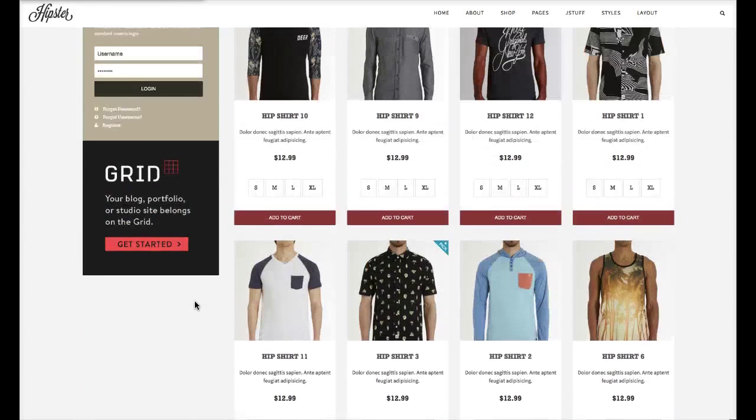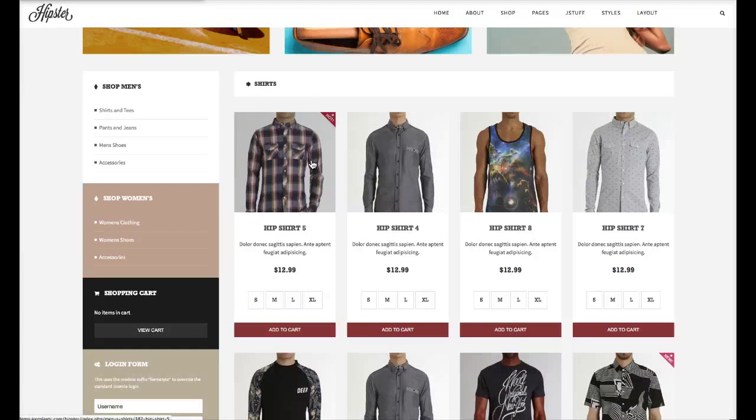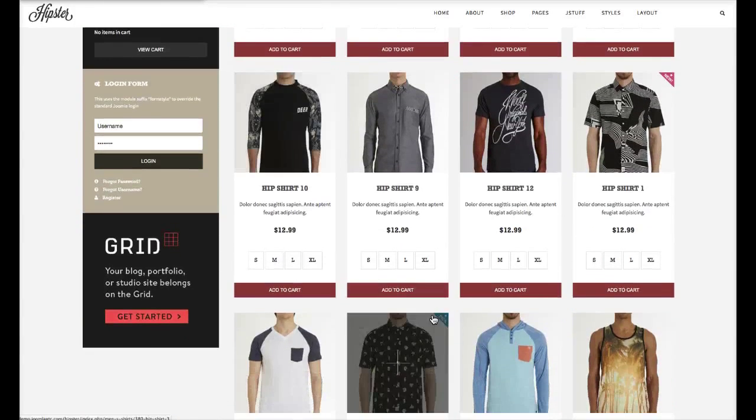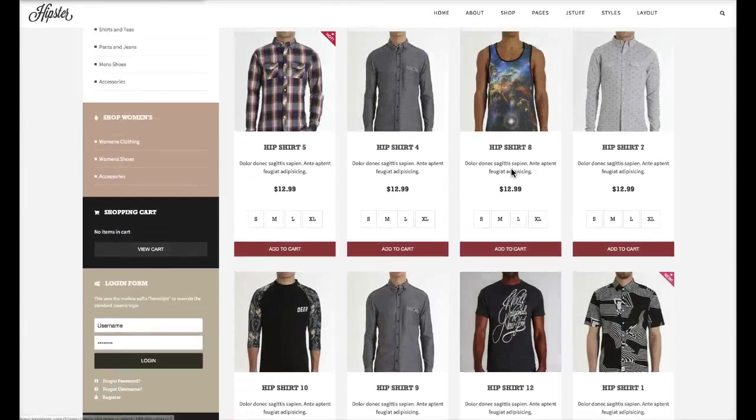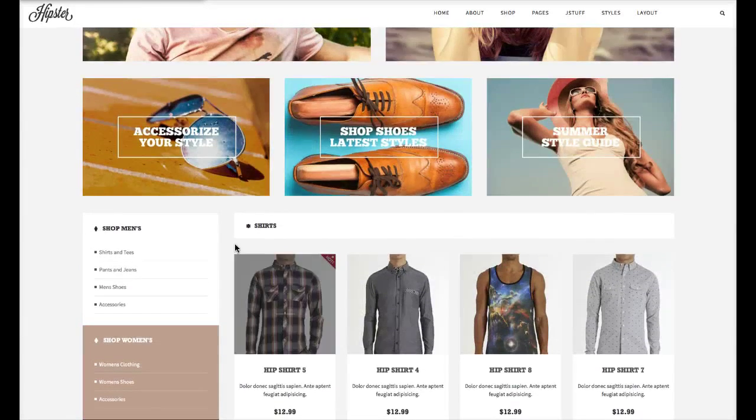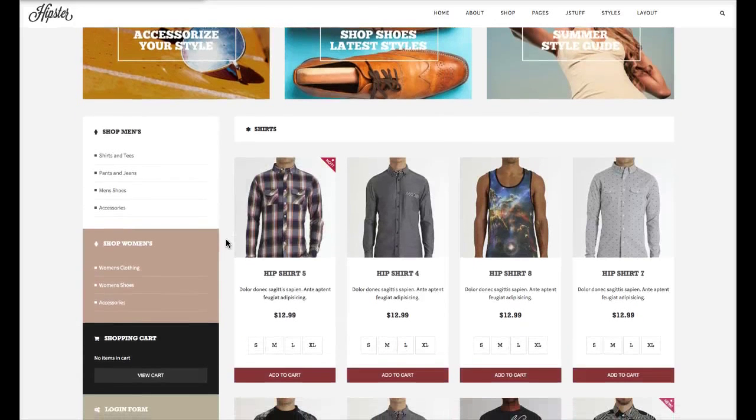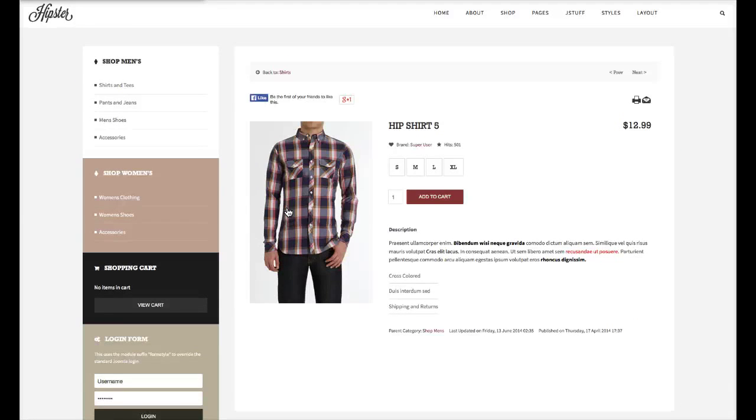And let's go ahead and check out one of these items here. As you see, we do have little tags that you can put in here, and these are just div classes put into the intro text, and we've got them for a bunch of different styles. You know, the pick of the week, new, percentages off, and you can read all about that in the full documentation. So we'll go ahead and select this shirt here, and we styled this as close to VirtueMart as possible,